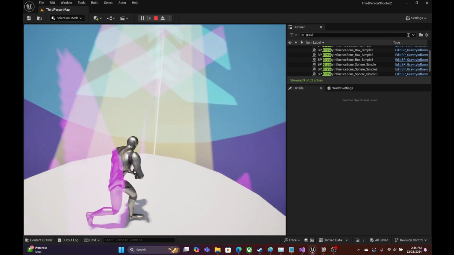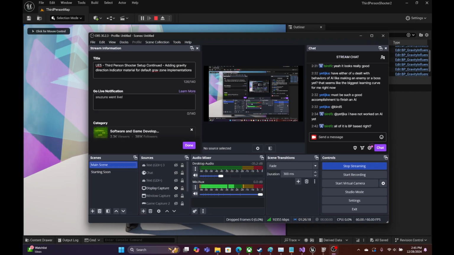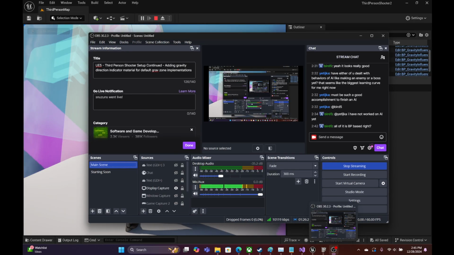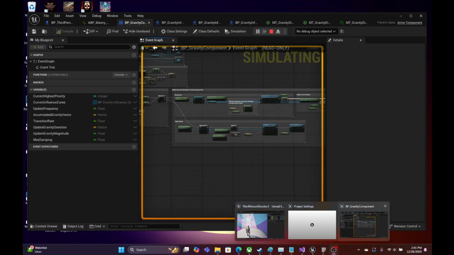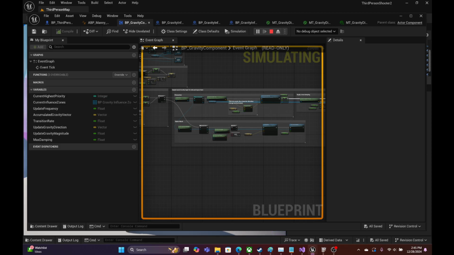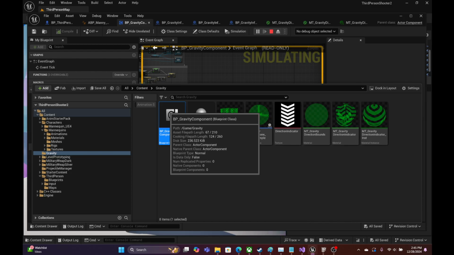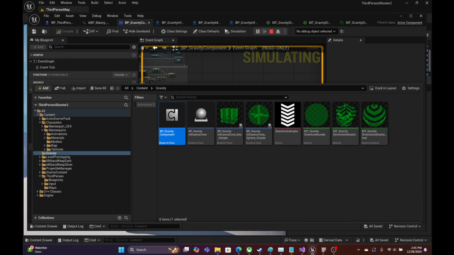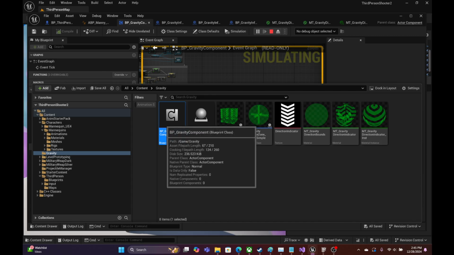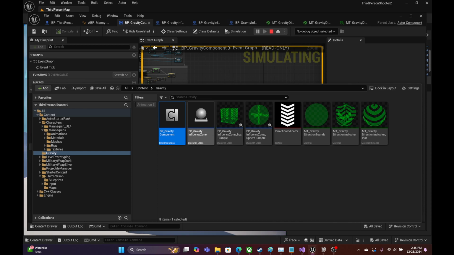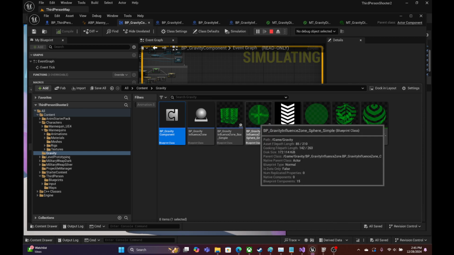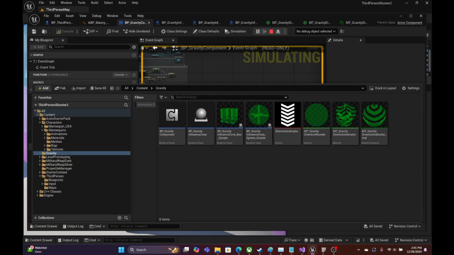a vehicle example in place, but because it's all very extendable, all that stuff would be pretty easy to set up as its own little custom implementation. So you've got the gravity component. You attach this to any actor that has physics enabled, and it will start applying the gravity influence zones. I have two demo influence zones, some materials for basically rendering the indicator stuff, and then